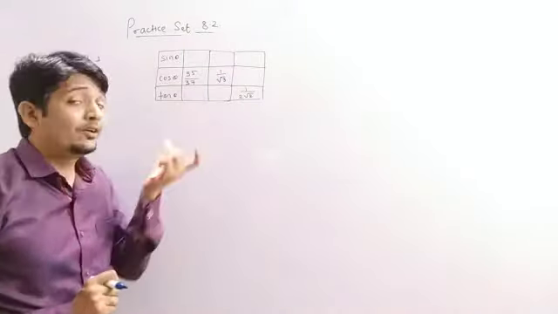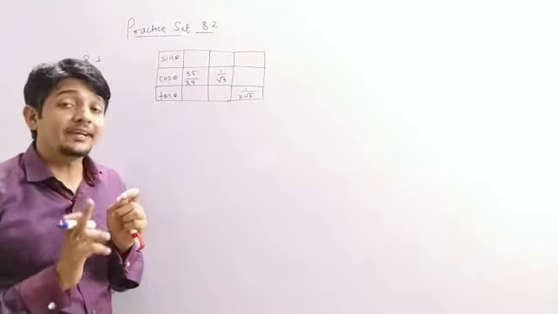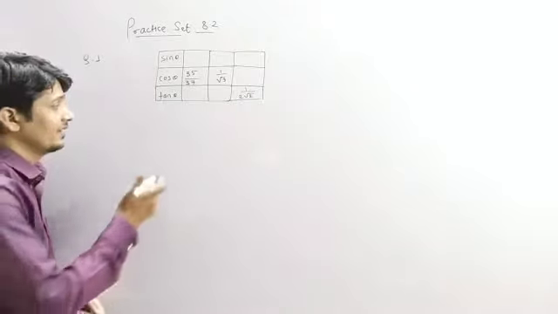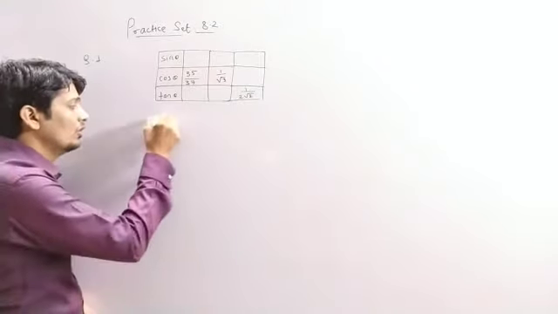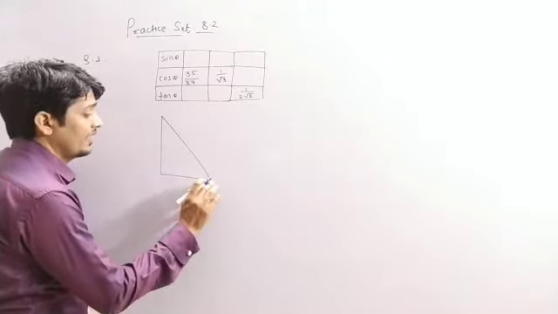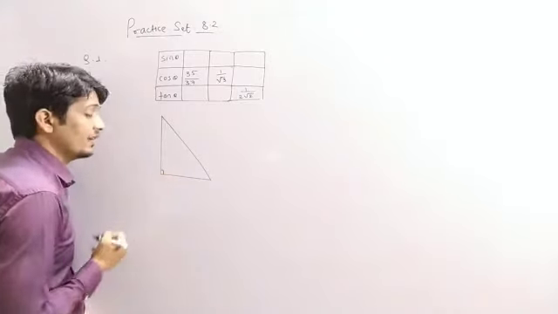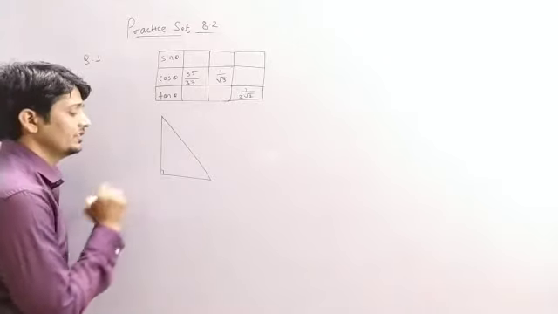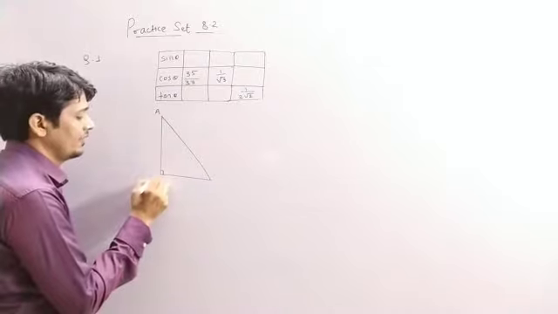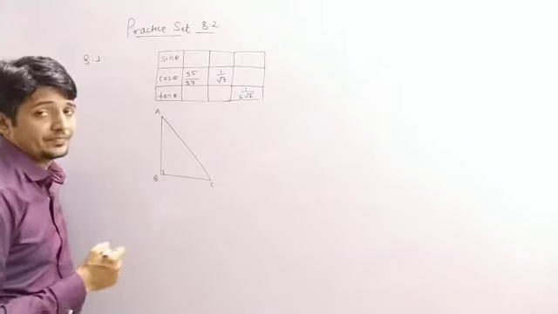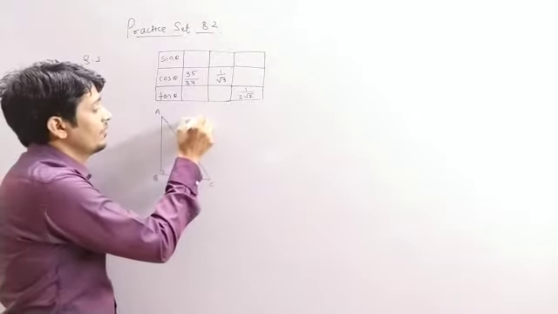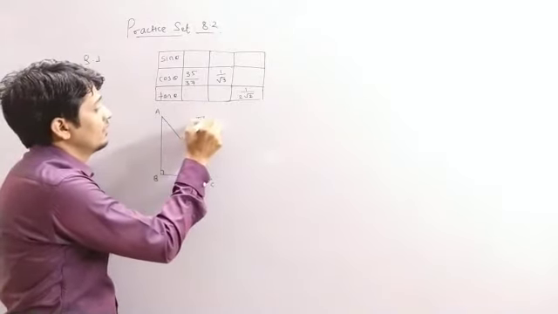We know trigonometry applies only on a right angled triangle. That means we have to draw the right angled triangle. What is a right angled triangle? The triangle having at least one 90 degree angle. Okay, so this is the 90 degree angle. So we can give the names A, B and C. So we have to describe this triangle.